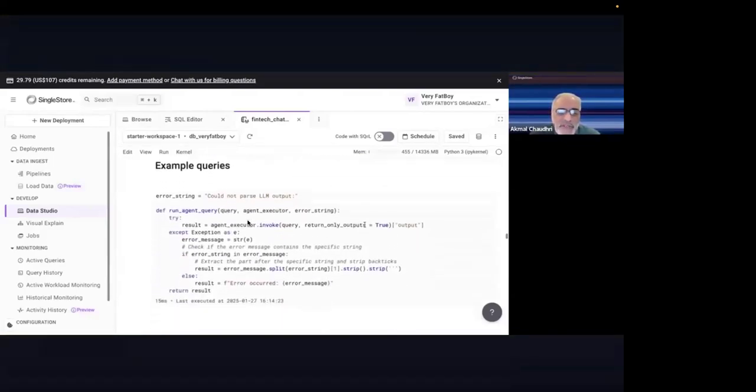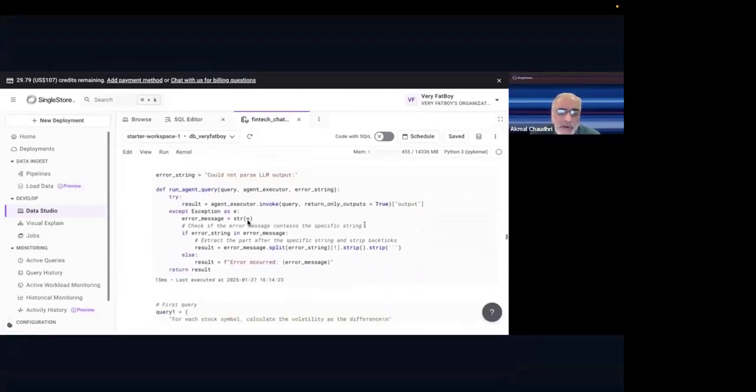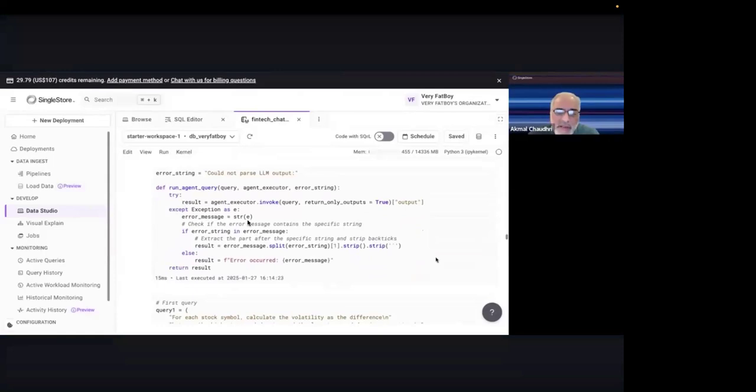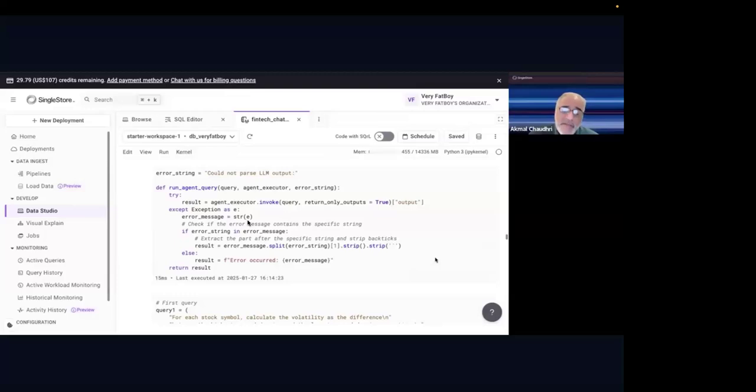So a couple of example queries down below here. Now, this bit of code here, a while back, when I was doing some experimentation with LangChain, I found that I was getting some errors. I think it's something to do with the parser. I'm not sure if it's been 100% fixed. The community is very active around LangChain, and they are very fast and very responsive.